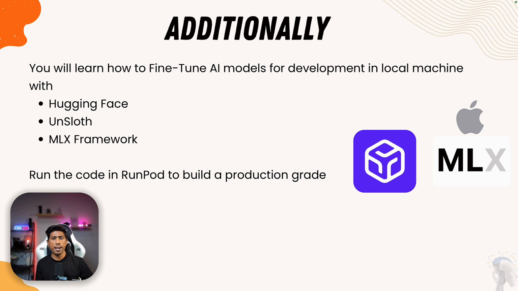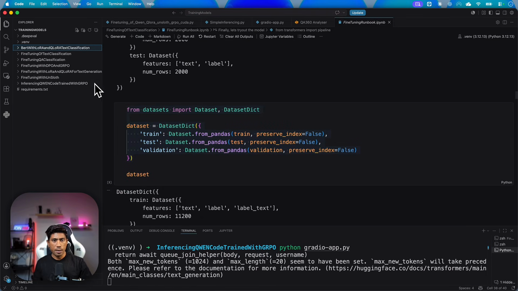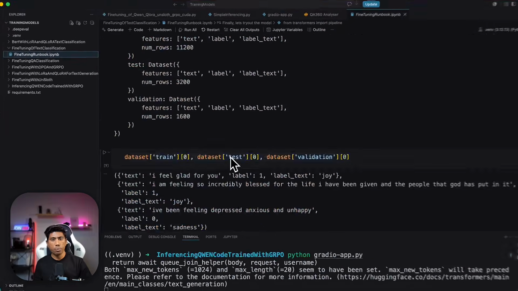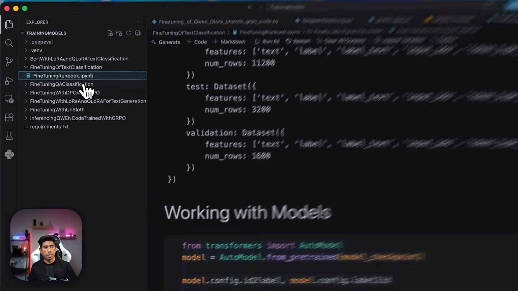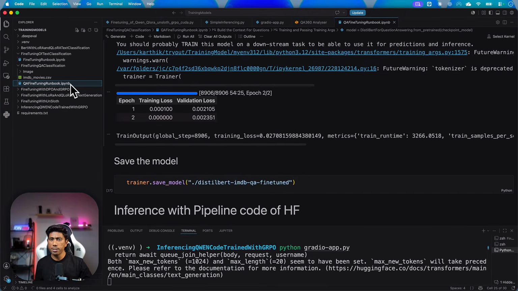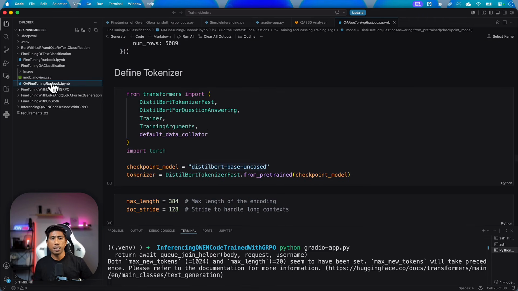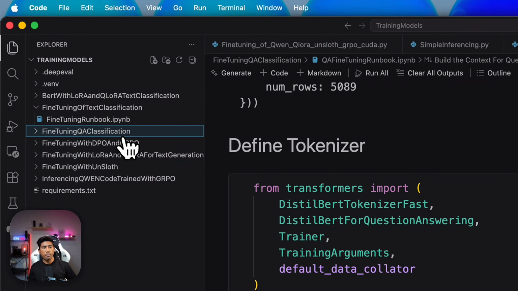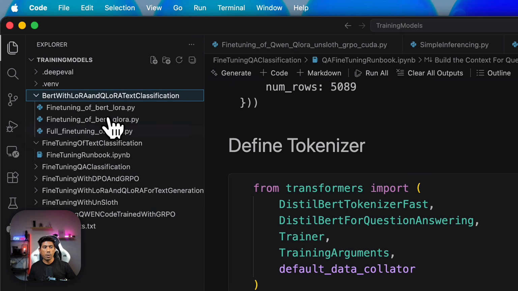This is an entirely amazing course and I'm quite excited to show you how everything is going to be boiled down. So you can see that this is going to be the code for the start. So we are going to be starting to fine tune the large language model with the text classification, and everything is going to be covered in the Jupyter notebook. And then we'll be slowly transitioning towards the QA classification, where we are going to be building a model which is going to be answering all the different kinds of questions about movies along with their characters and things with the IMDb movie data set. And then we are going to be moving towards the efficient